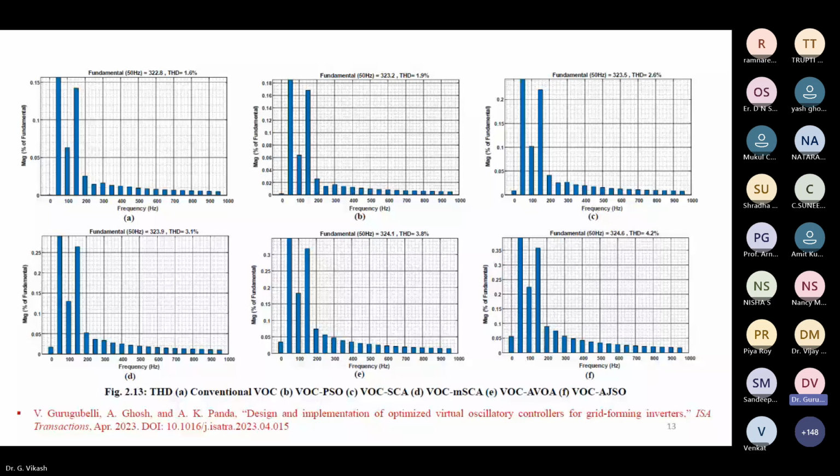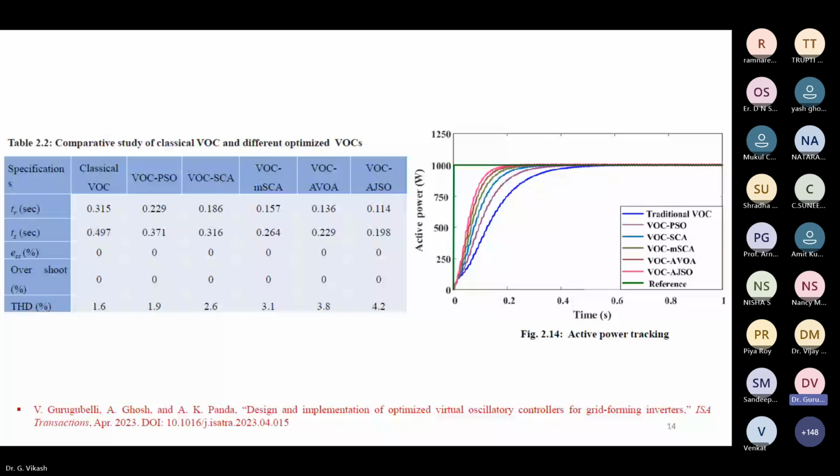If you want good quality and you don't want a fast response, then you can go to one method. If you want fast response and are okay compromising a little bit on THD, then you can use some other method. And coming to the active power tracking, in the artificial jellyfish search optimization, by using that optimization I got faster response. Table 2.2 shows a comparative study of classical VOC and different optimized VOCs